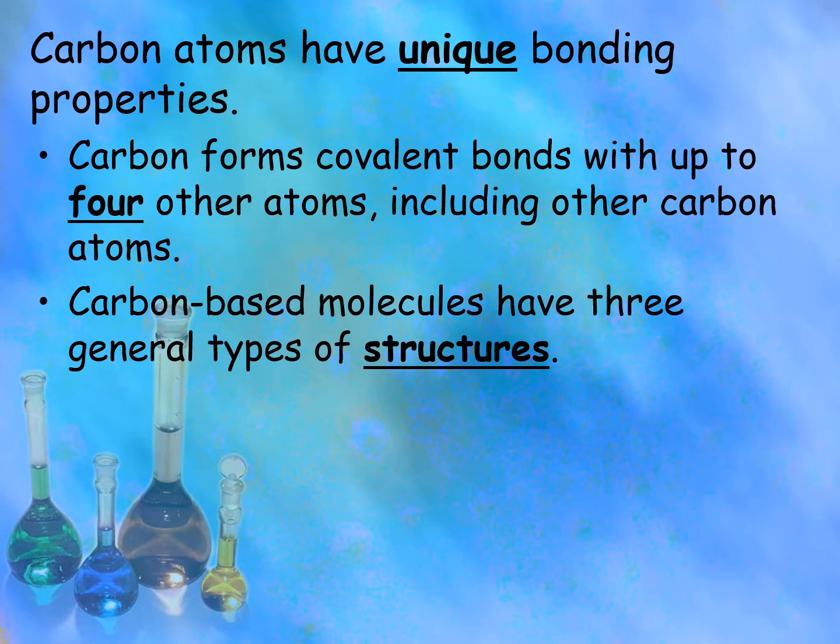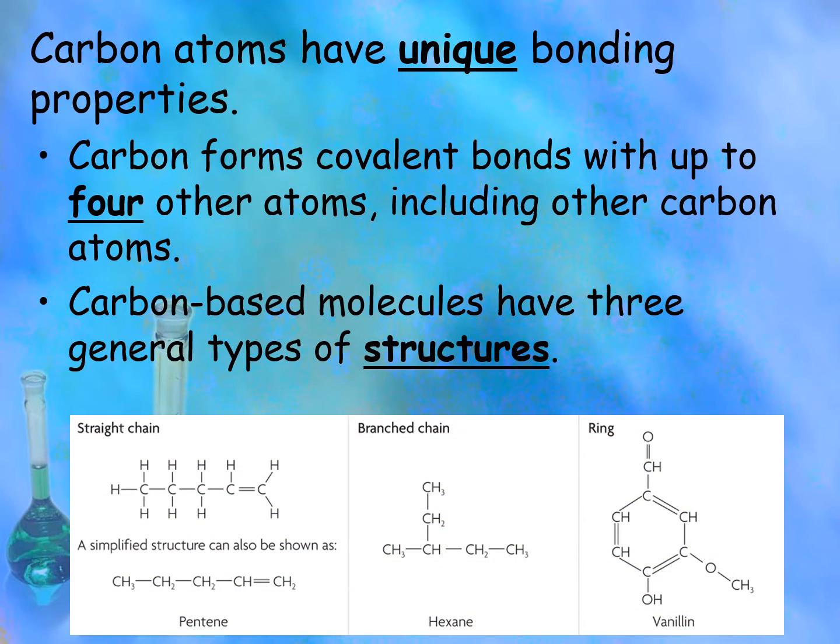Carbon-based molecules have 3 general types of structures. You see here pictures of their structural formulas. They can form straight chains, just chains of carbons and hydrogens. They can form branched chains. They can form rings. Glucose, which is a type of sugar we will talk a lot about, actually has a ring-shaped structure. You're not going to have to remember the names at the bottom, pentene, hexane, and vanillin, but just